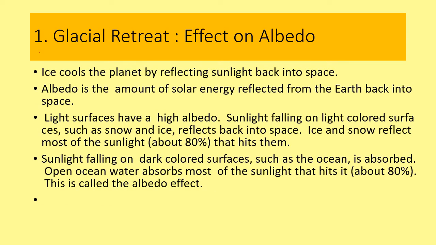Glacial retreat in the Hindu Kush and Himalayan region is related to the albedo. We are all familiar that ice cools the planet by reflecting the EMR back to space, and albedo is the amount of solar energy reflected from the earth back to space. We are all familiar that the ice surface reflects more energy, more EMR, than bare or earthen surfaces. So the removal of glaciers, or the retreat of